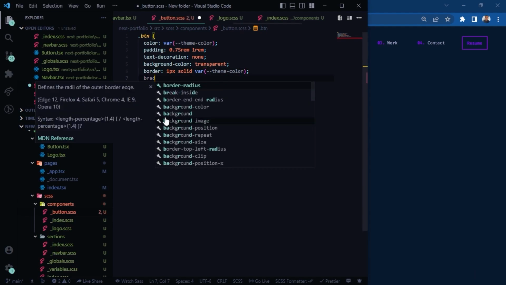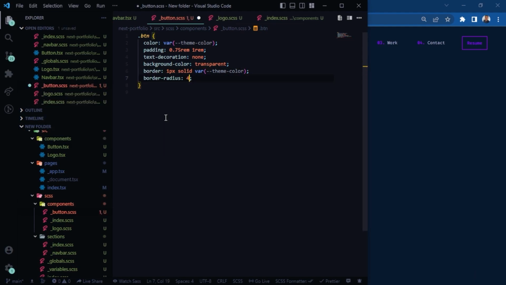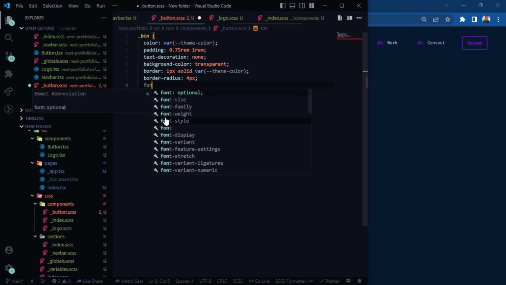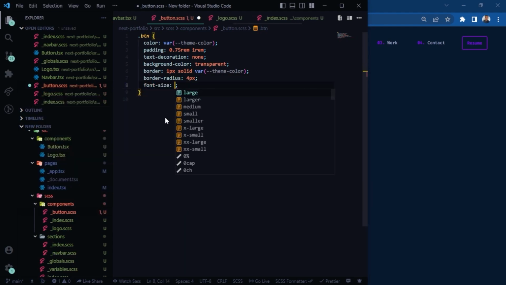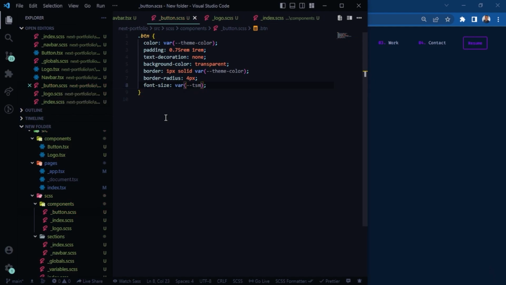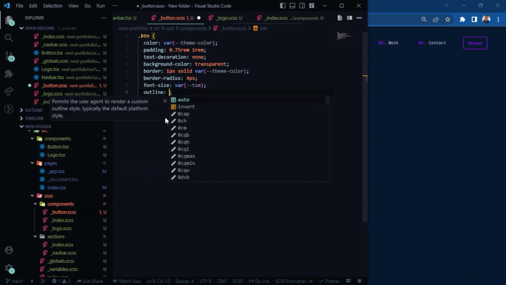Now let's give it a border radius which is going to be 4 pixels. After that, let's give this a font size of var tsm. That's it. Let's give this an outline of none,